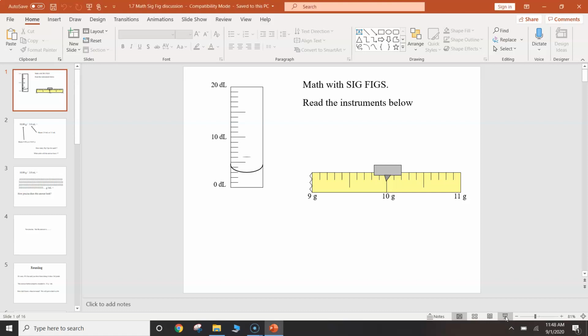Hello, today we're going to be looking at what to do with your answer of a math problem. How do you handle sig figs with that? To start, I've got a couple instruments that I want to read here. We've got a graduated cylinder,